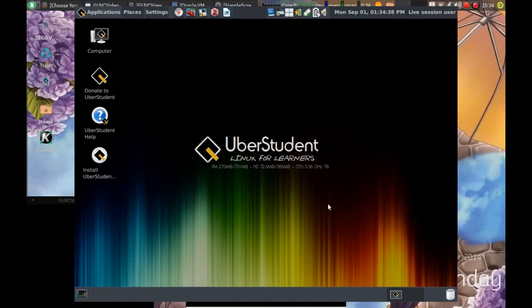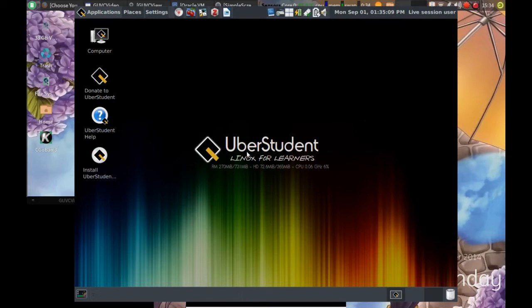Okay, so as you can see, the XFCE desktop gives you a very basic framework to work in. XFCE, again, is very customizable. So if you do not like this look, which I personally don't find a very nice looking desktop environment, the way they have it configured right now,